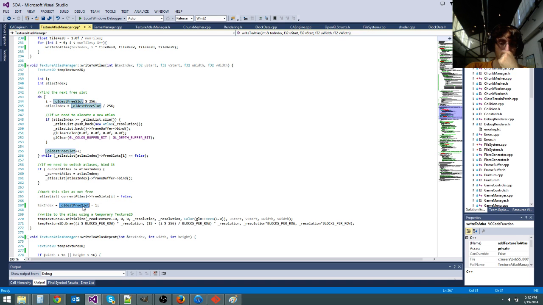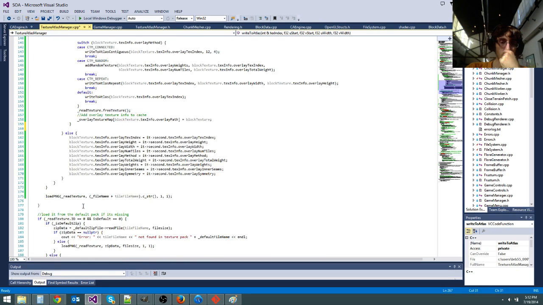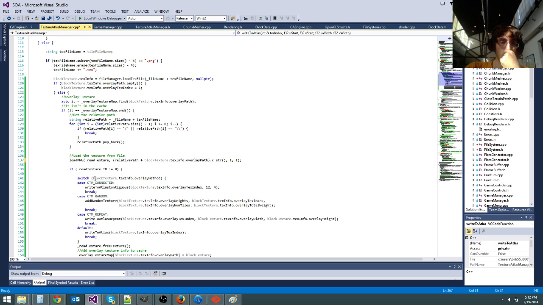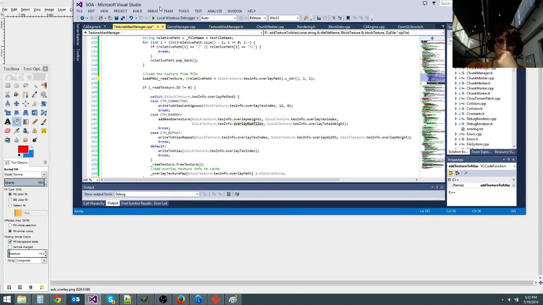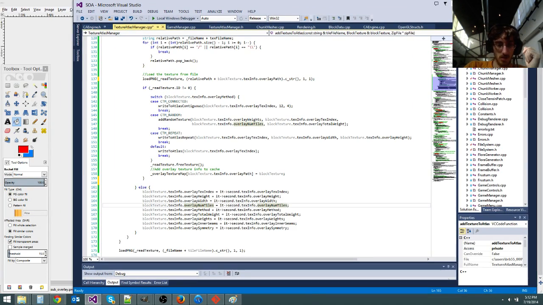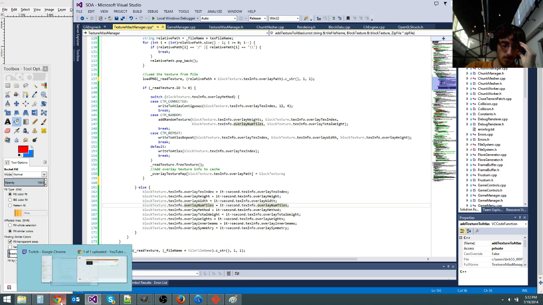I mean, it's nothing special. It's just like the other texture stuff. It should be the same. This is like identical. Pretty freaking positive right now. So what's probably wrong is